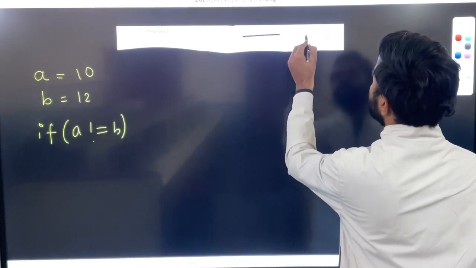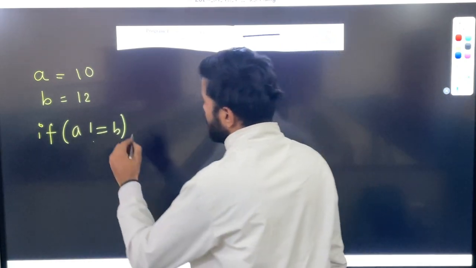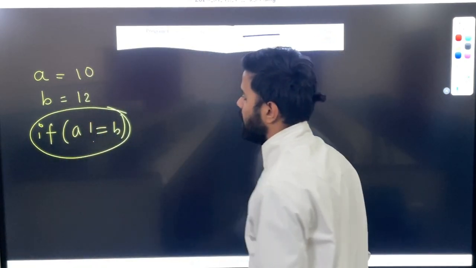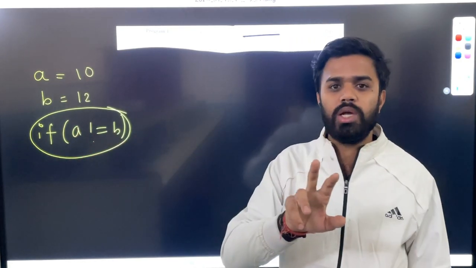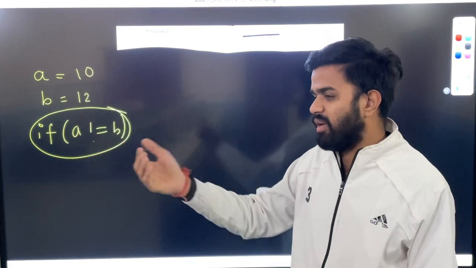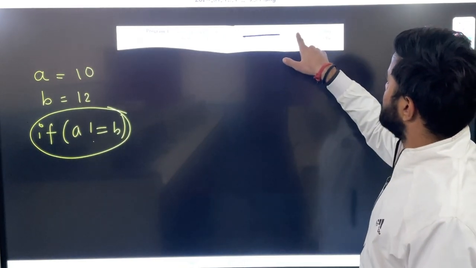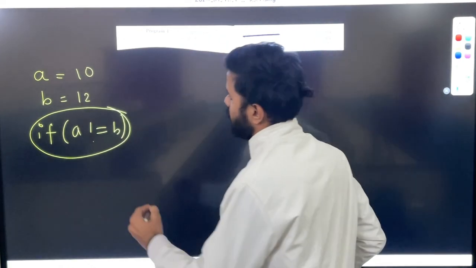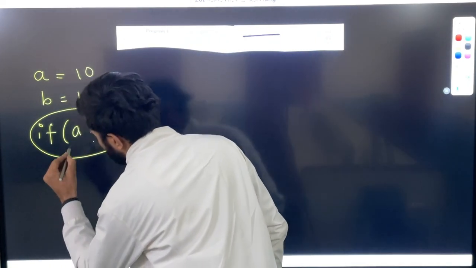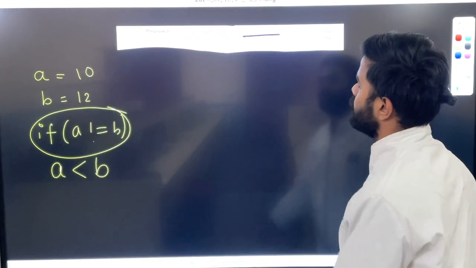After this, if the first number is smaller, it means after checking this first process, if we get that our a and b are not equal to each other, then we will enter the program. So first of all what we will check? We will check if the first number is smaller than the second one. If the first number is smaller than the second number,